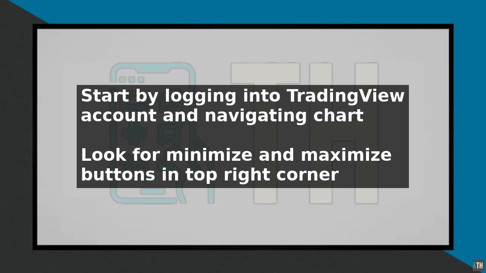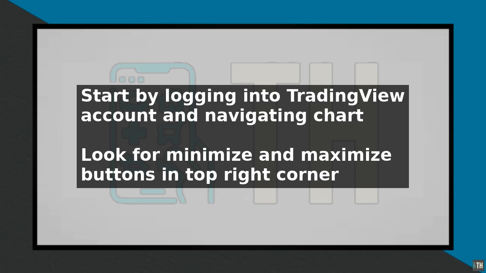To make a TradingView chart bigger, start by logging into your TradingView account and navigating to the chart you want to resize. Once you are on the chart page, look for the Minimize and Maximize buttons in the top right corner of the chart window. Clicking the Maximize button will make the chart full screen, allowing you to see more data and analyze the market